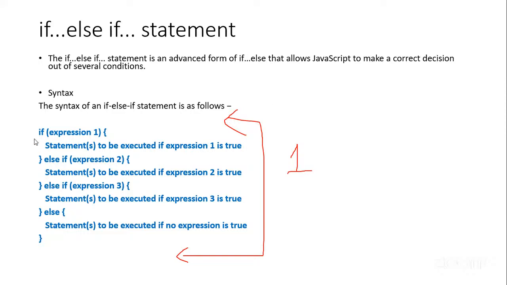See, if expression one, or simply condition one, start the braces, statement or statements to be executed if expression one is true. When condition one is true, within the if block, you need to write the statement or statements you want to execute if expression one becomes true. Expression one may or may not be true. If it is true, this statement or statements will be executed. We know that, right? But the second case,